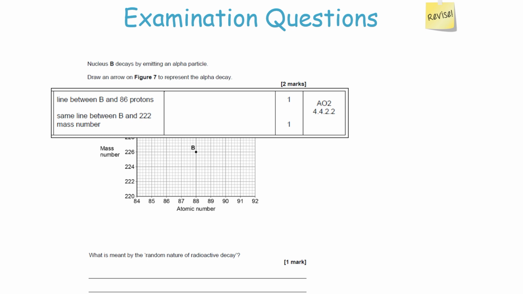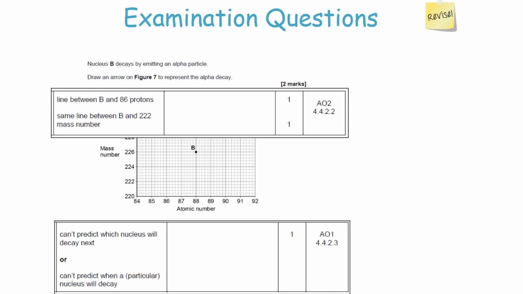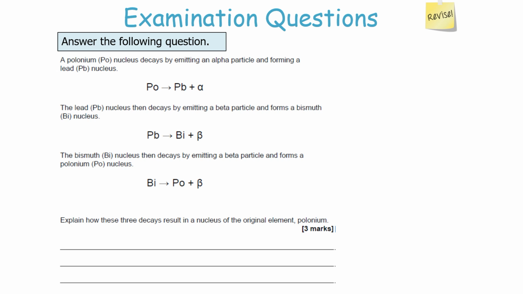You've got to understand what random means, and random means we can't predict which nucleus is going to decay first or next. Or you could say you don't know when a nucleus is going to decay. For a radioactive decay, we only know a certain number of nuclei will decay, not when an individual one will decay itself. And the next question shows us the polonium nucleus, and it decays by emitting an alpha particle and